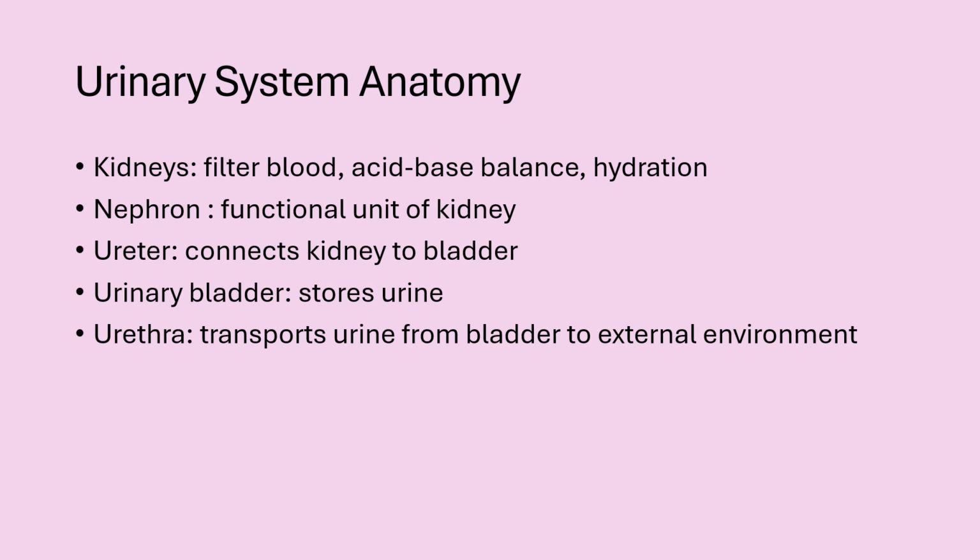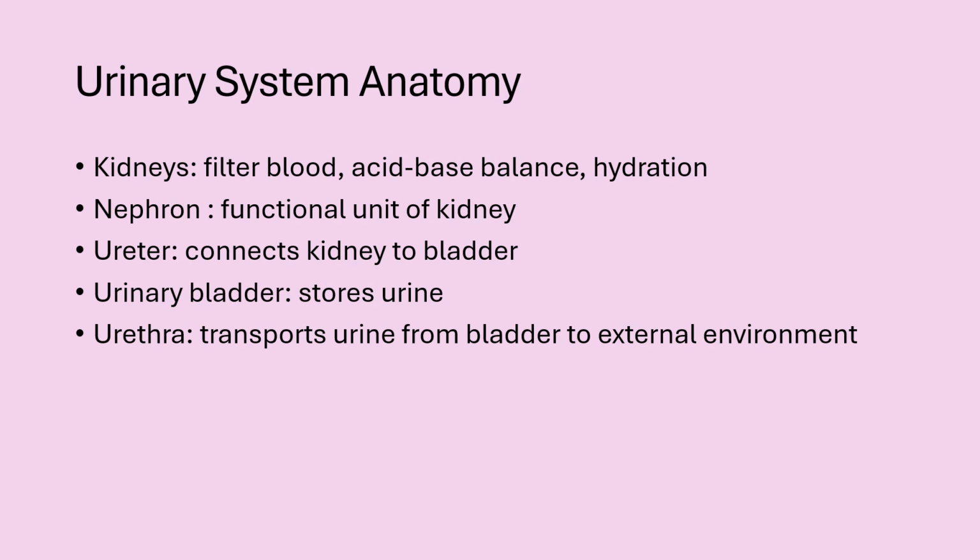Your kidneys are filtering the blood. They're involved with helping to maintain acid-base balance. They're helping to keep you hydrated. The nephron is the functional unit of the kidney. This is where the first step occurs in terms of filtering the blood, which involves the production of the urine. The ureter connects the kidney to the bladder,